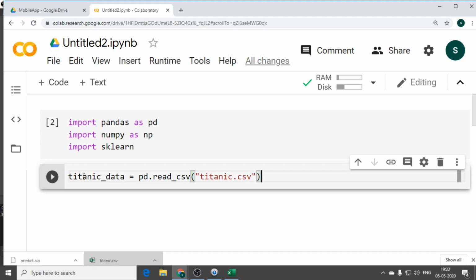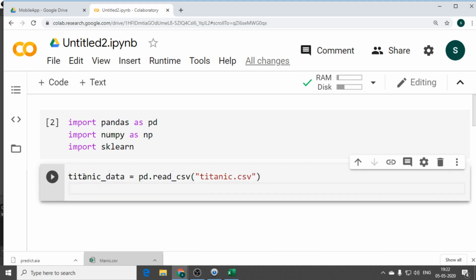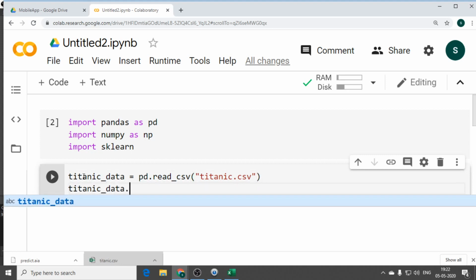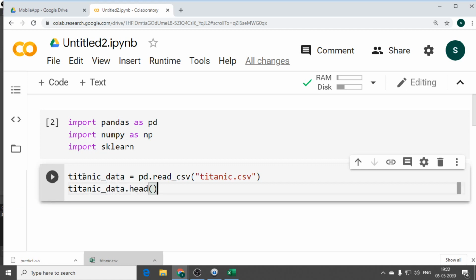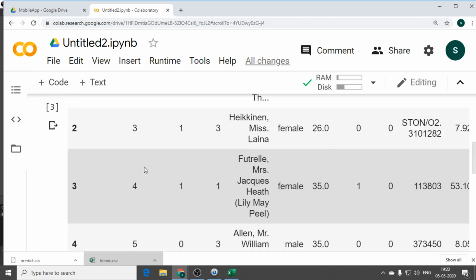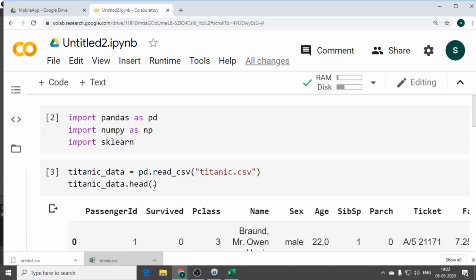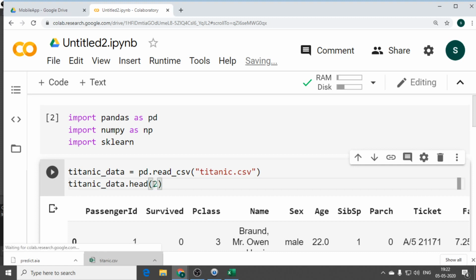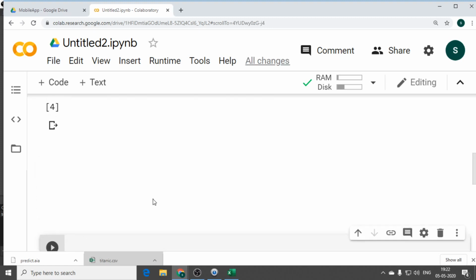Titanic.csv, right? So if you want to see the data, then you can give Titanic_data.head. You can see the first 5 rows of the data. head of 2 will give you the first 2 rows.